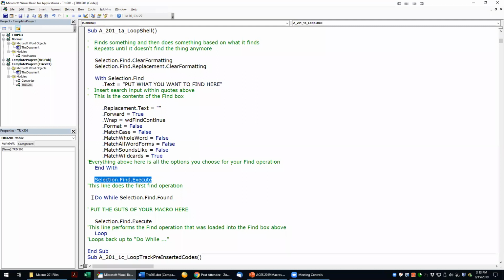And here is where the loop starts. Do While Selection.Find.Found. That means, as long as you keep finding what I've defined above, do the stuff below here. So that's where your macro goes. Again, not as a comment, but as actual active code. It'll execute the find operation that was loaded up above, and then it will loop back up and do it all again. It will find your first thing that you want to find, do whatever the macro is that you want it to do,